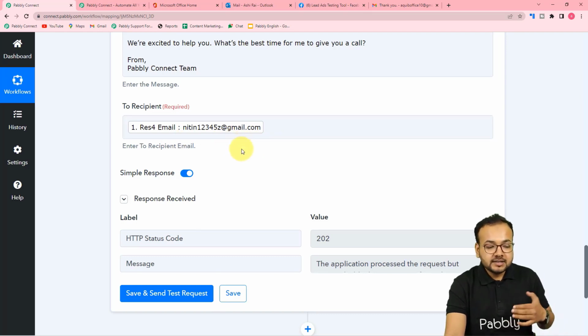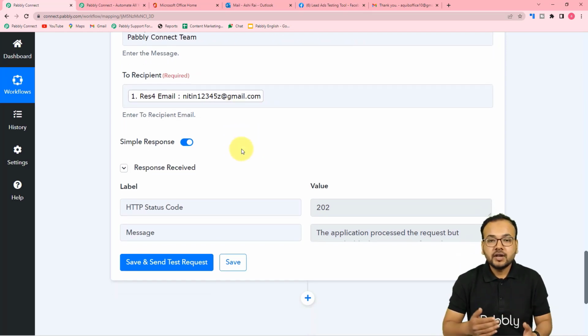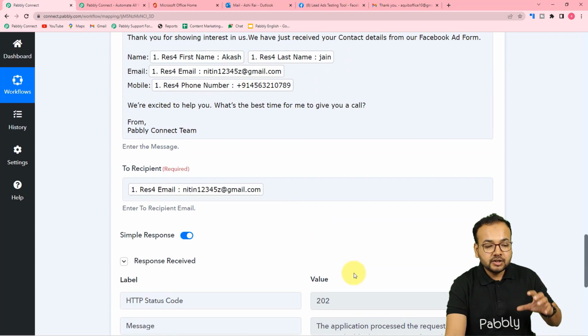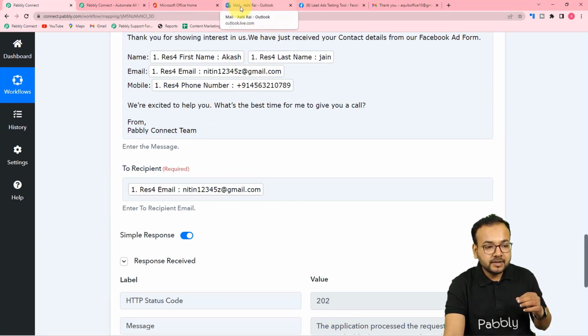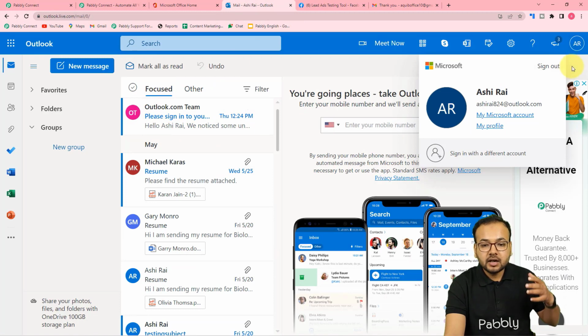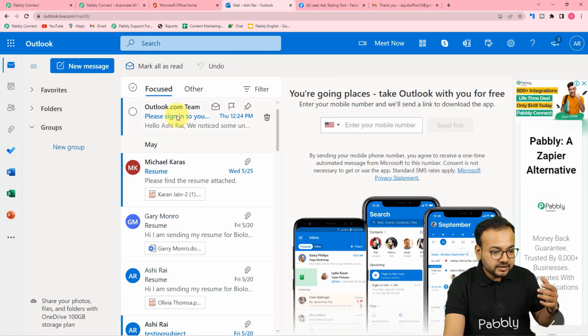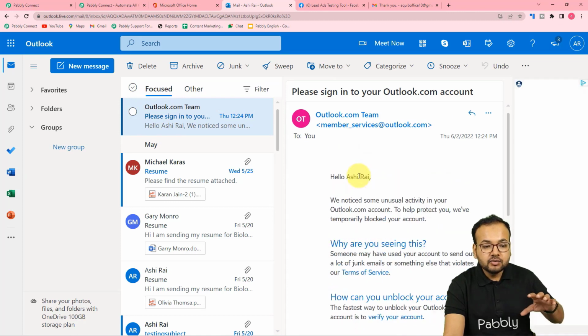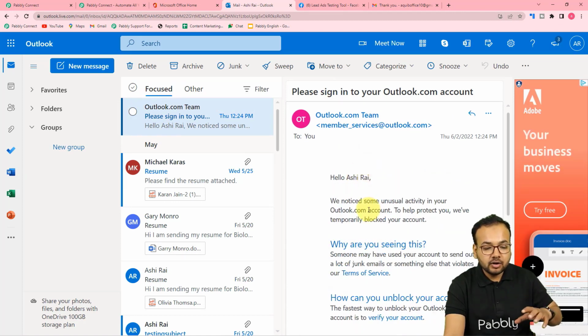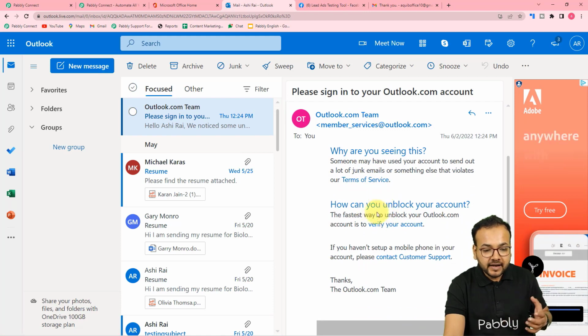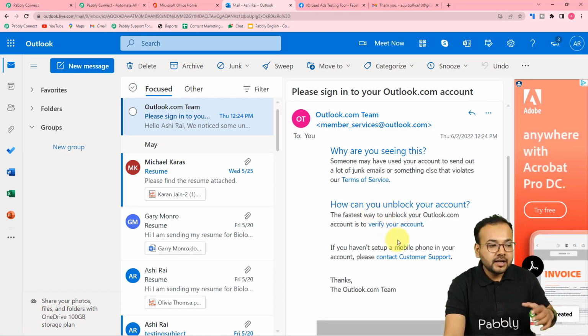Okay, and sometimes, guys, when you are setting up this automation for the first time, it will show you that you need to verify the email address from where you are sending the mails. That means sometimes it will show you something, and you have to get your Outlook account verified. It will give you this kind of mail here. You will receive this kind of mail in your Outlook. From here, guys, you can verify your email by clicking on verify your account,